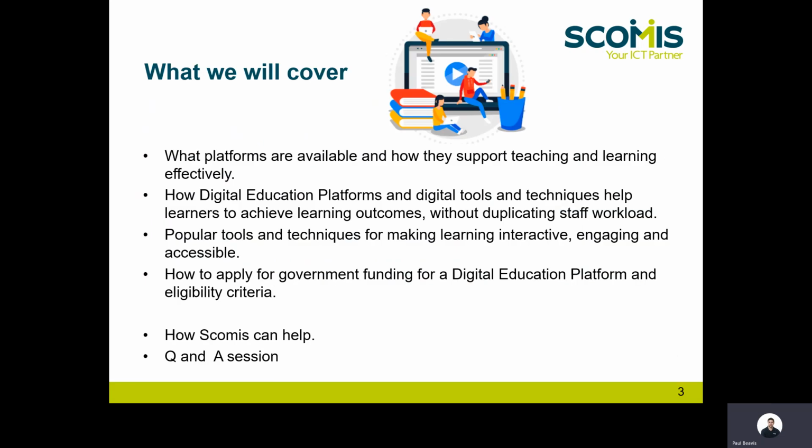So during this session, we will cover the types of teaching and learning platforms available via the DfE's funded scheme and ways in which cloud technology and strategies can be effectively used for remote teaching and learning. We'll have a look at some of the digital tools and techniques that can make learning interactive, engaging and accessible,